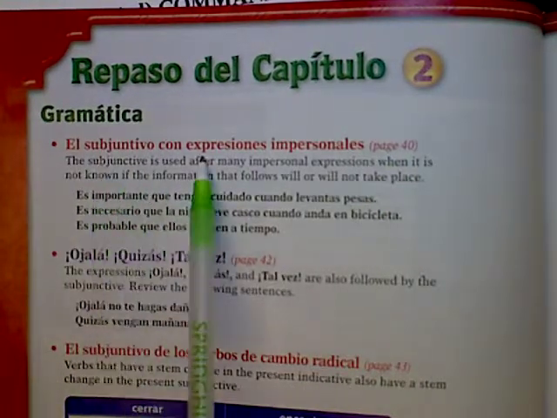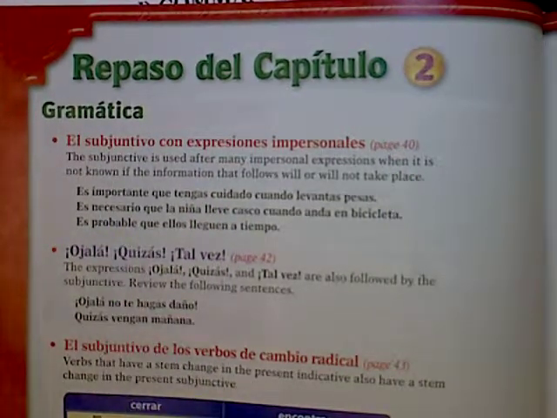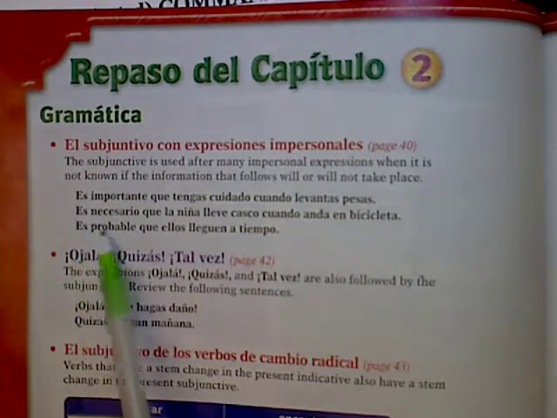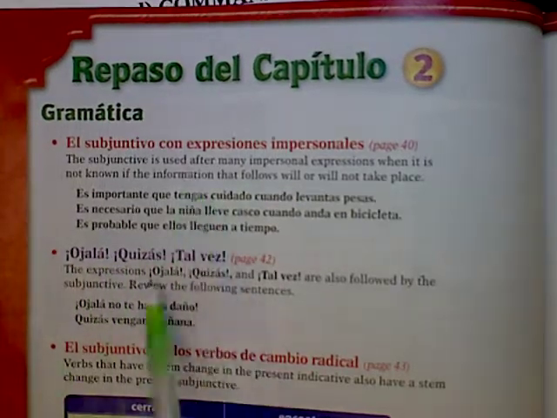For example, the subjunctive with your impersonal expressions, which can be found on page 40, including phrases such as es importante que, es necesario que, es probable que. These set up the need for subjunctive because there's an unknown outcome. And the es is a subject that stands alone, so anything that comes after the que is considered a switch